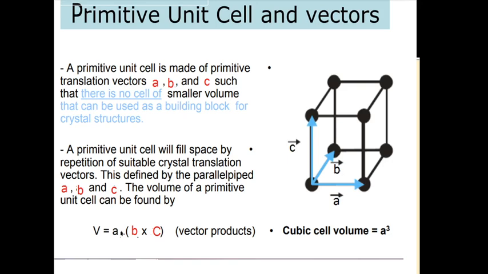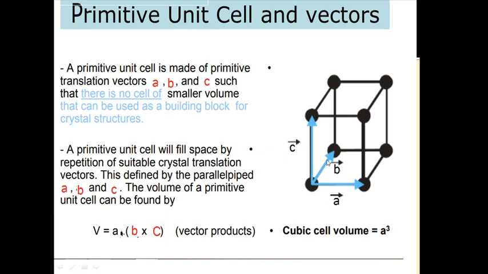So for any crystalline material, the smallest volume is always the unit cell. A primitive unit cell will fill the space by repetition of suitable crystal translation vectors, defined by a parallelepiped A, B and C. The volume of a primitive unit cell can be found by A dot B cross C, because as you know, this is